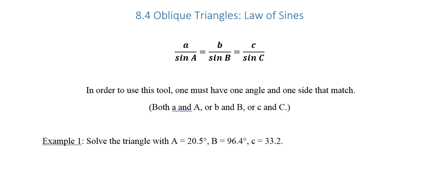Thus far in this chapter we've been working with vectors, and specifically the vectors have been able to be turned into right triangles, or we've been able to use the shortcut to get to the answer. We're going to now work with non-right triangles, which are called oblique triangles, and we have to have another tool in order to work with them, because the Pythagorean theorem only works with right triangles, which we don't have anymore. And the basic 3 trig functions, or 6 trig functions, work with right triangles as far as opposite, adjacent, and hypotenuse. So the new tool that we have is called the law of sines, and its basic form is shown